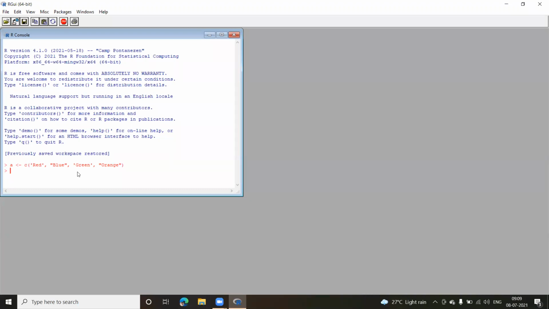Again, what is a class? We can say a class is a collection of attributes, or variables, and functions. Let us take a very simple example of creating a blueprint.